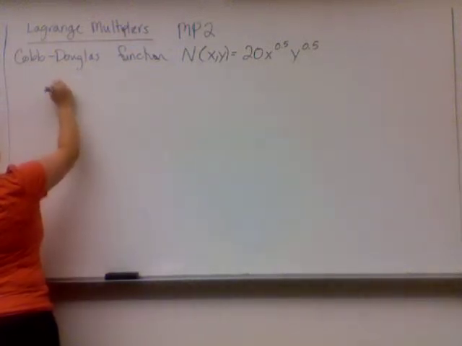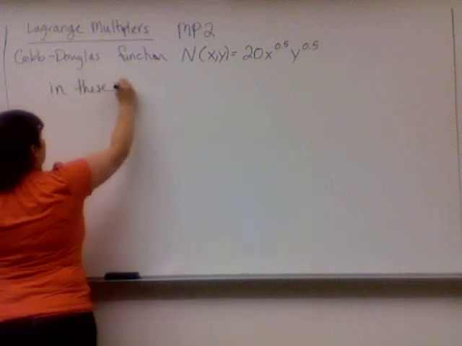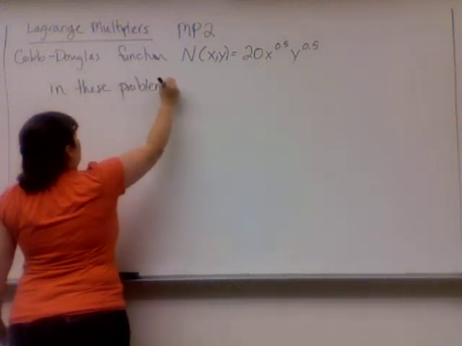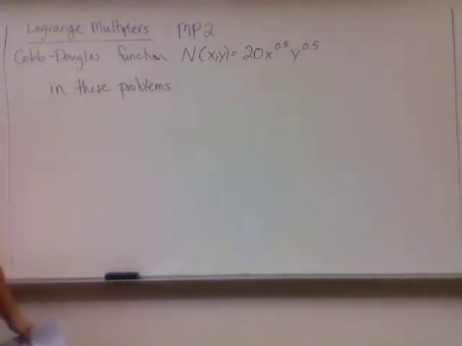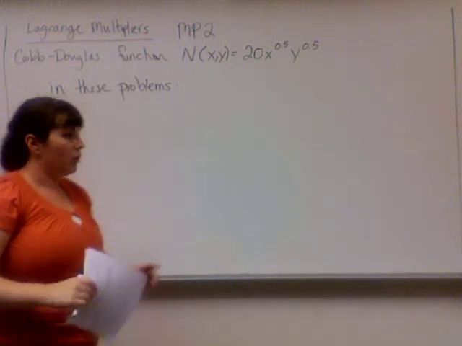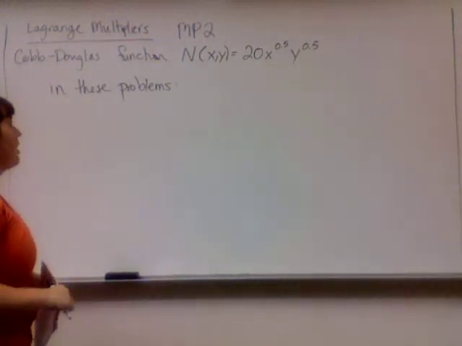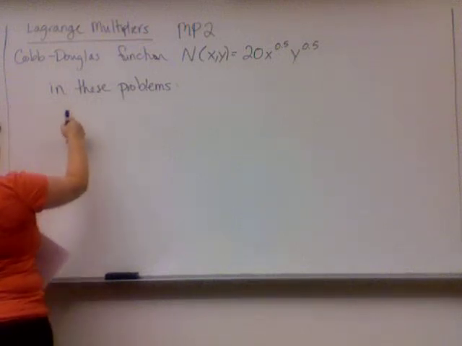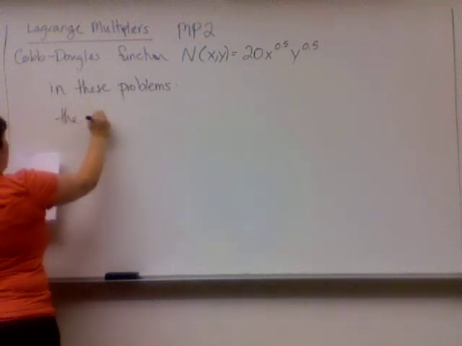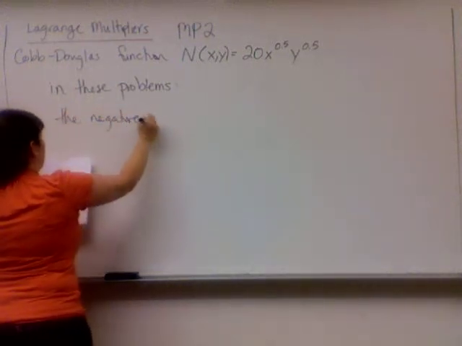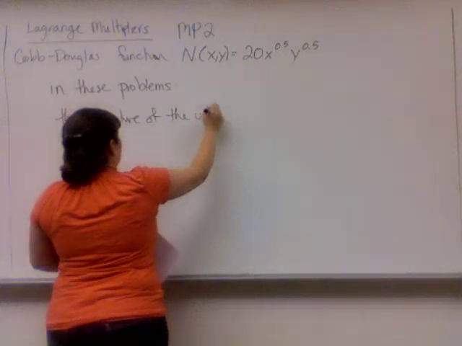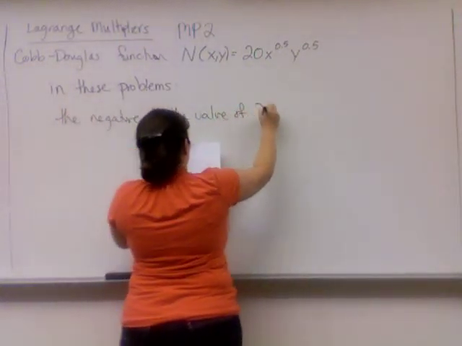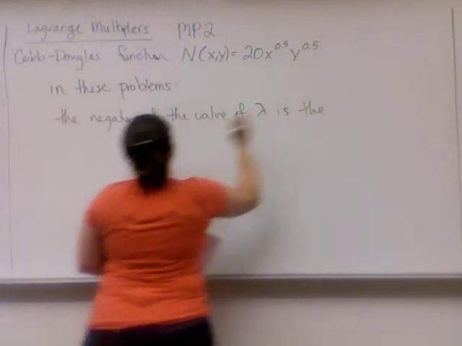So in these problems, it turns out that lambda is actually what's called the marginal productivity of money. So, and we need to be specific, it's actually the negative of the value of lambda. So we'll say the negative of the value of lambda is the marginal